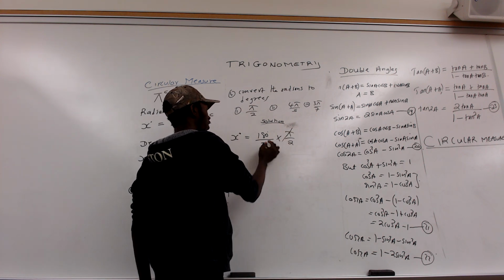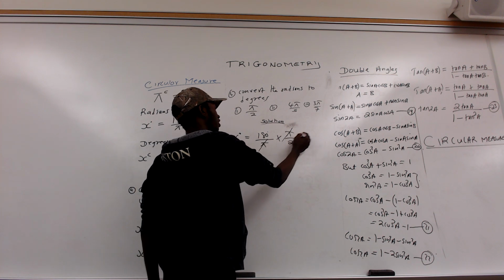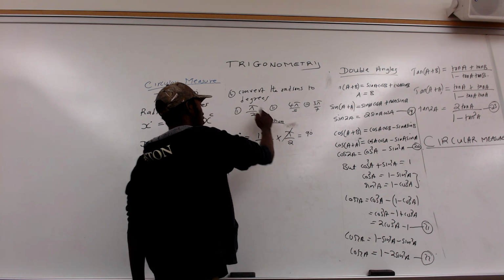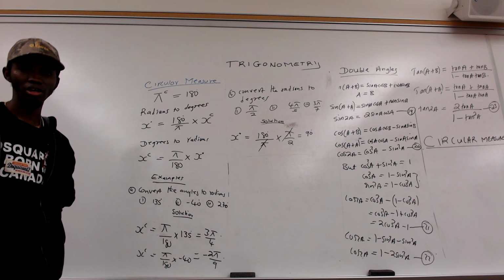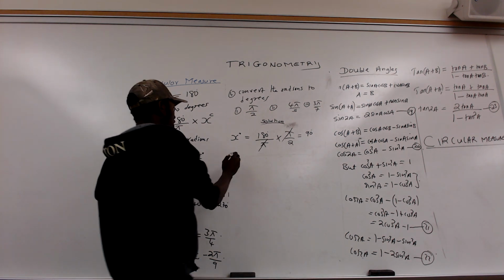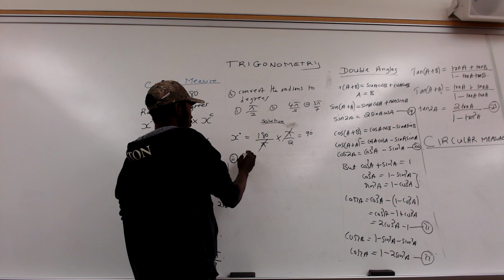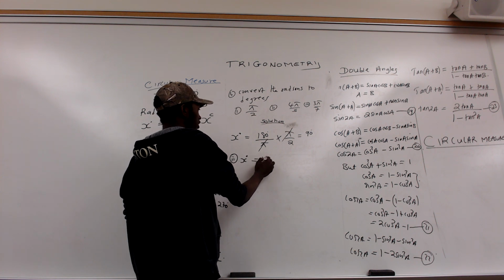You can see pi will cancel pi. 2 into 180 is 90. So therefore 90 degrees is equivalent to pi all over 2. So the same way for the second part, 4 pi, x degree is going to be the same formula,